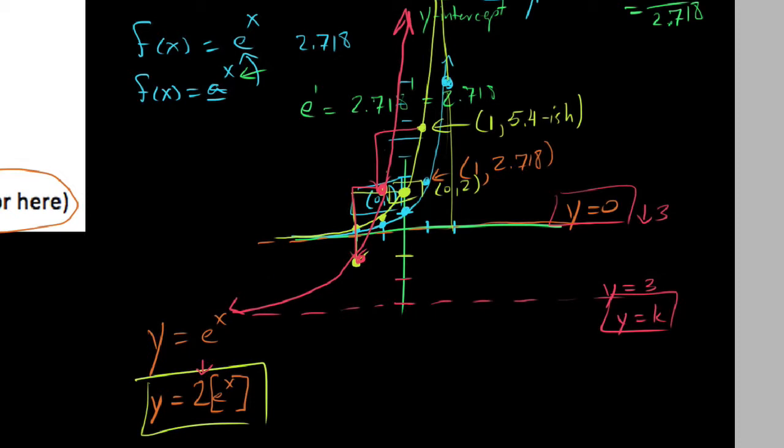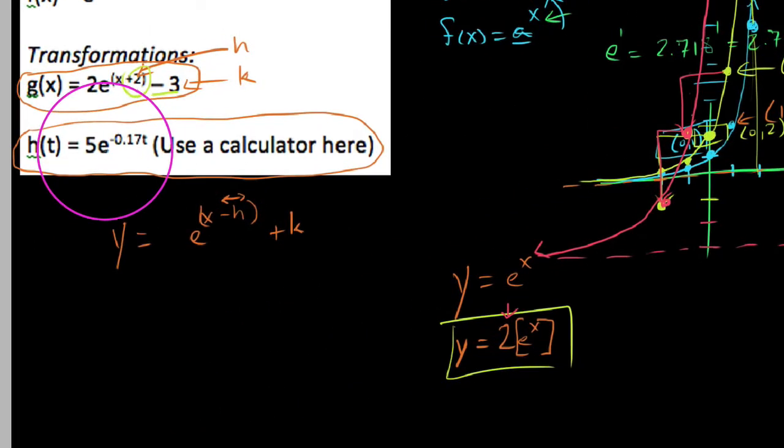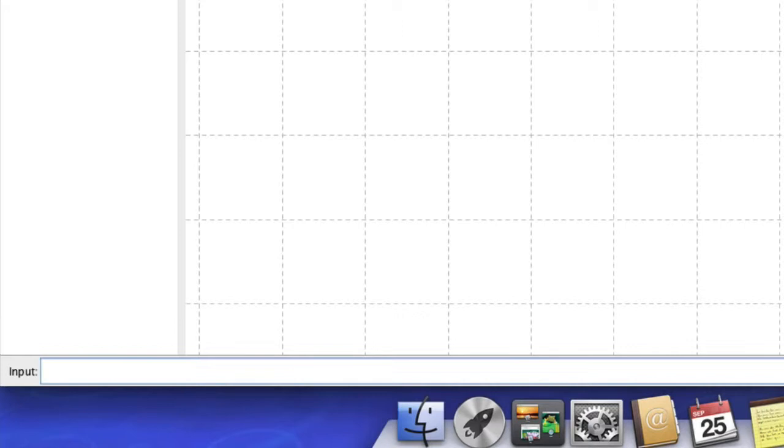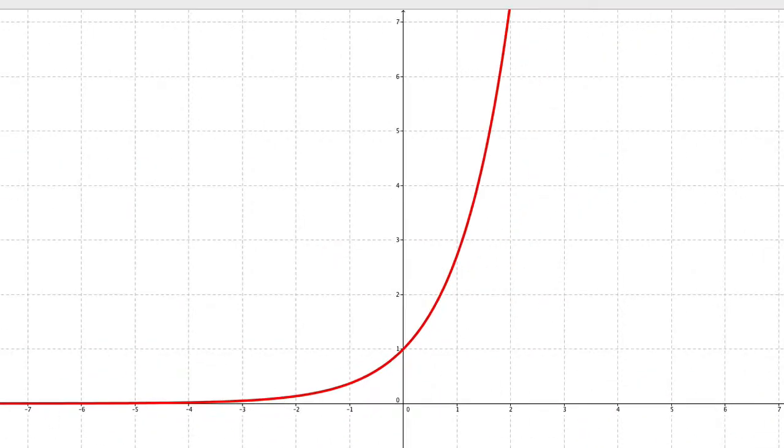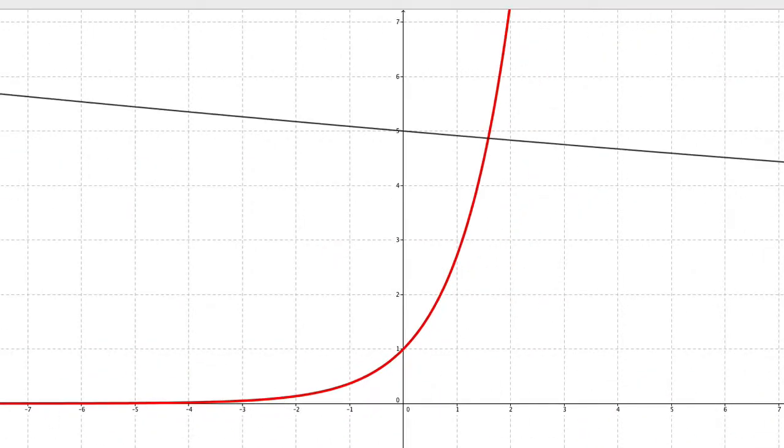Okay. So for this last one here, I wanted to use a calculator to graph this, but 5 e to the -0.17 t is our function. We can just head over to GeoGebra, and we'd say maybe g of x equals 5 times e to the power of, now in parentheses, -0.017 x, and we use x in place of t. So we would get, if I hit graph here,